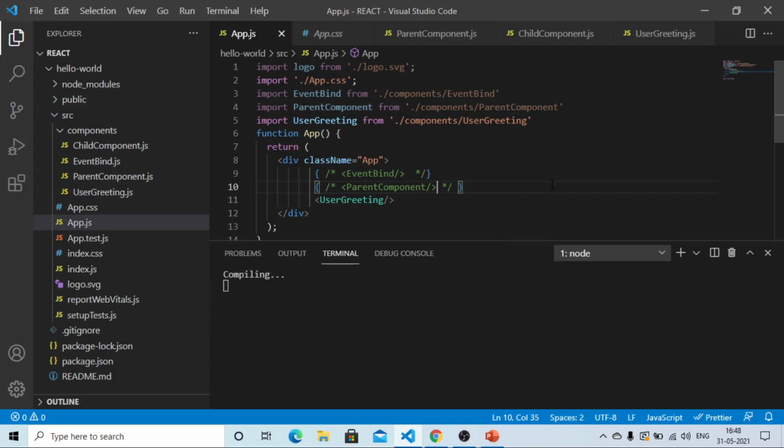So what I am going to do here is display some message within the UI or the browser based on conditions. That is, we want to show or hide some HTML or UI based on the conditions.